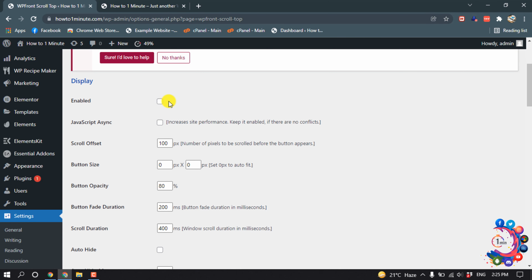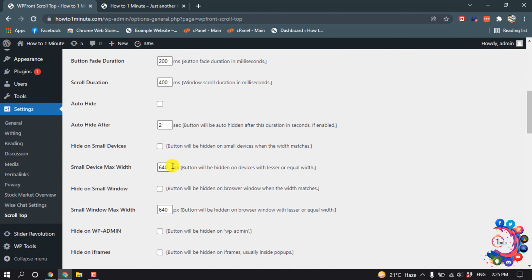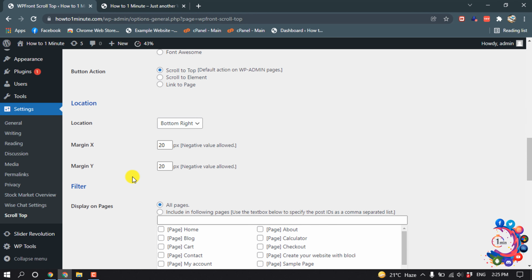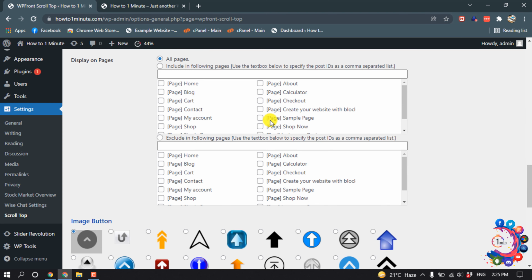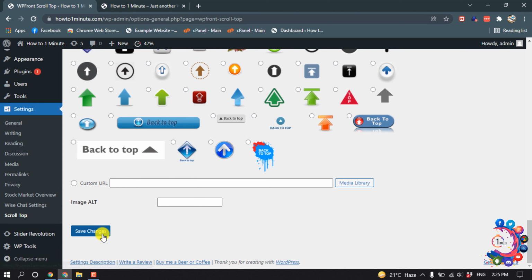And now enable this plugin and you can change the button size, button opacity, button fade duration, and here you'll find many settings. You have to change these settings according to your requirements, and after that you can change the image button. So I'm going to select this one and then click on save changes,